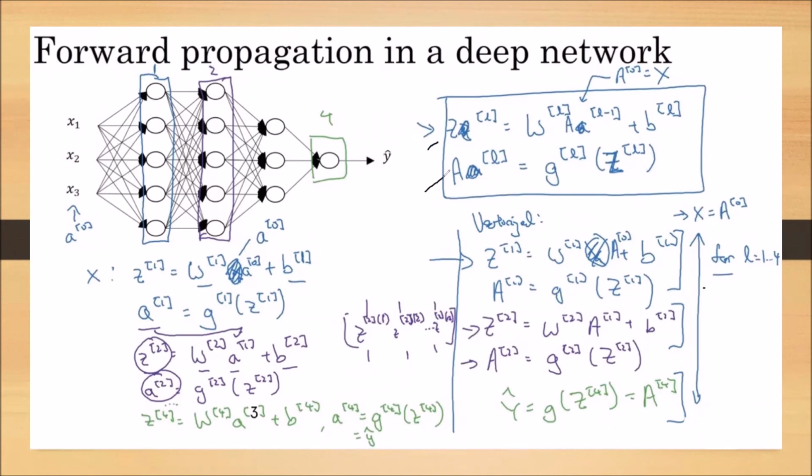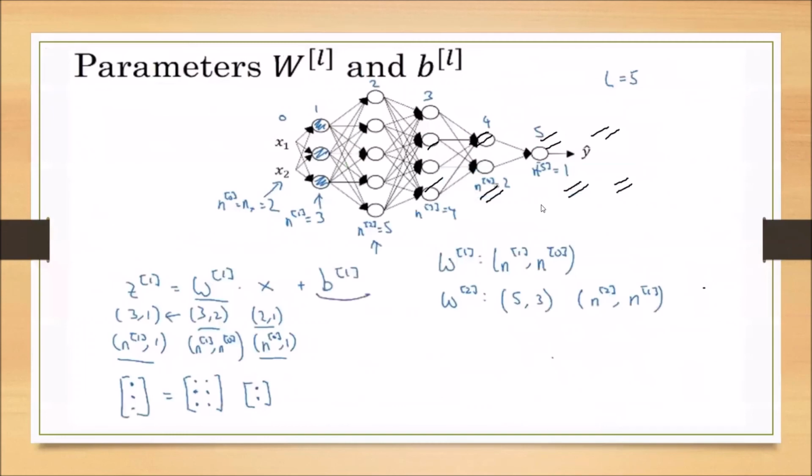So in the final point, this is the general notation for the vectorized version. We write Z superscript L equal to WL times, instead of small a, now capital A, and A superscript L is equal to GL of capital Z superscript L. This is how we proceed with forward propagation. Now we have discussed elaborately how to proceed in forward propagation. Now we are discussing some parameters.